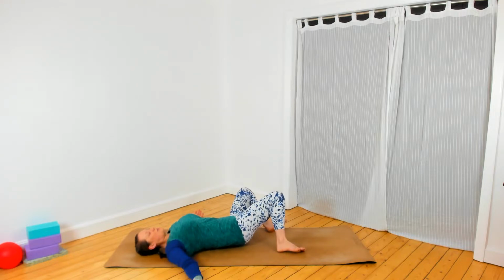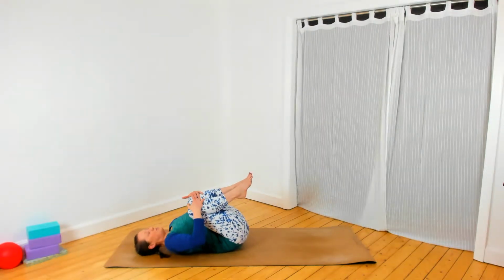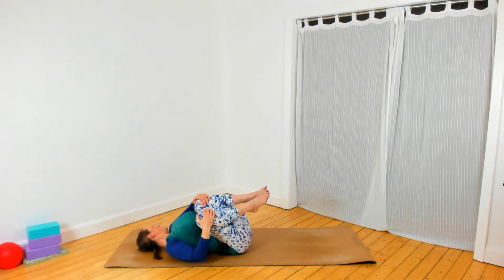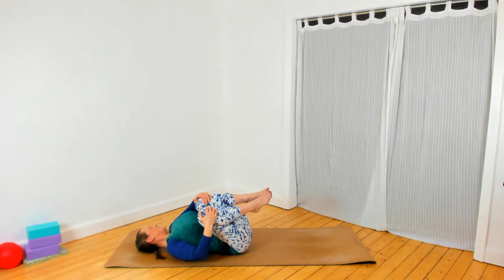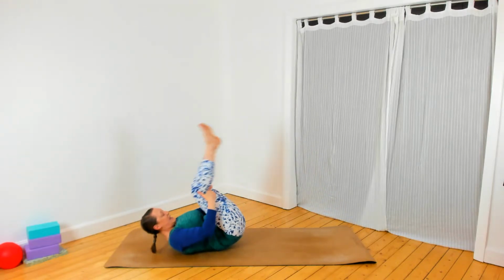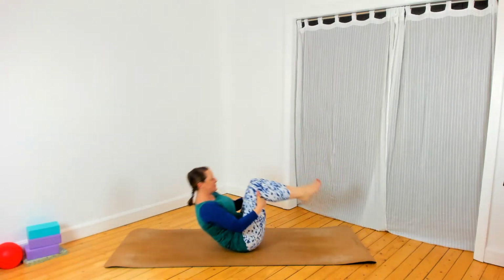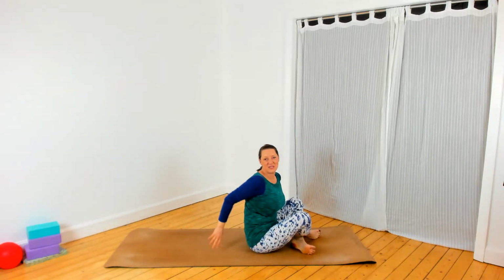When you're ready, you can bring the knees back to center, draw the knees in towards you, hug them gently. And again, you can take the knees one way, but this time the head the opposite way. It's a really nice, gentle twist through the spine. And to finish, we're just gently going to draw the knees in, head towards the knees, and rock backwards and forwards through the back of the body a few times. Whenever you're ready, you can come up to sitting